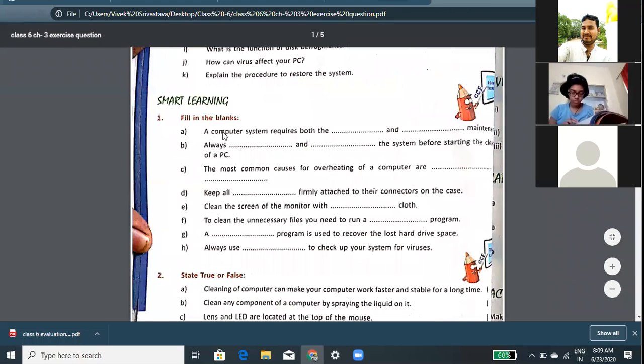This one is showing in your computer screen and your mobile screen. Okay. A computer system requires.